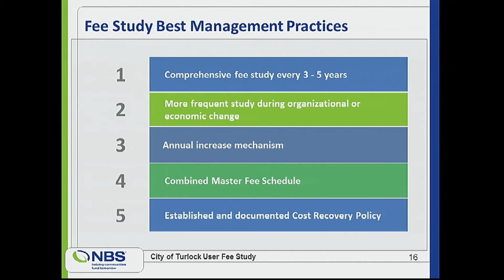That is quite a jump, and most councils I've seen are not comfortable with making that kind of jump in 1 year. So you can use an annual increase mechanism, or this fee study is good for you for multiple years, so you could choose a tiered structure approach to increasing fees. So you could say, okay, well, 1,200 is where we need to get to. We're going to start with a 10% increase, 15% increase, and it's going to look like this over the next 3, 4, 5 years. So outside of an annual increase mechanism, this fee study will help you wherever you choose not to go full cost recovery in the first year. It will help guide you on what that looks like over the next couple years to get to that level.